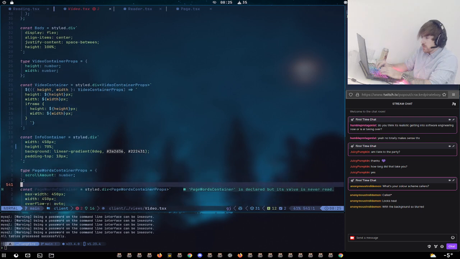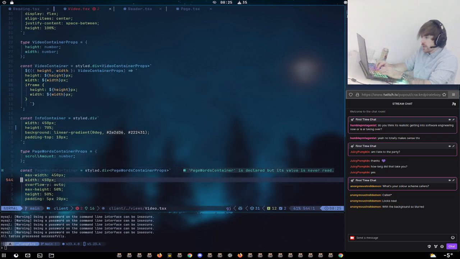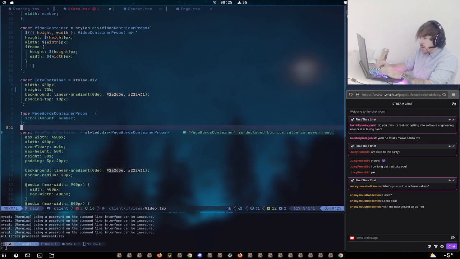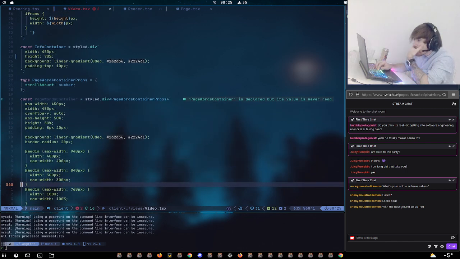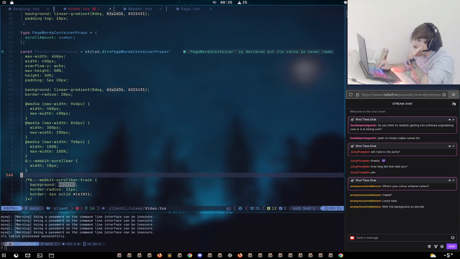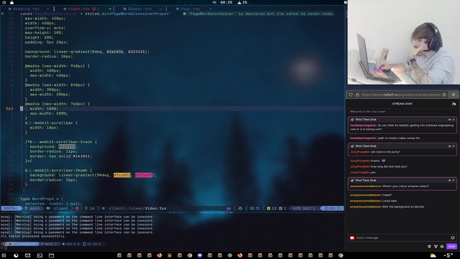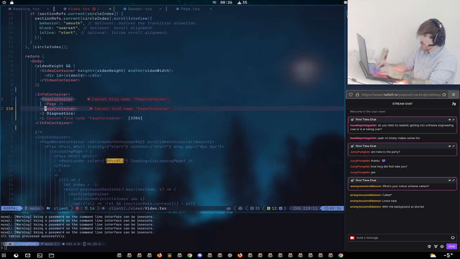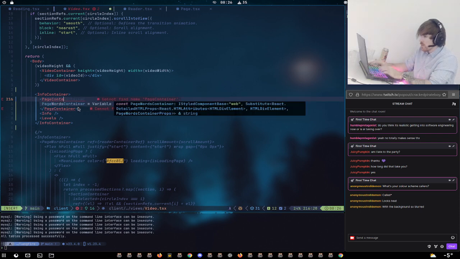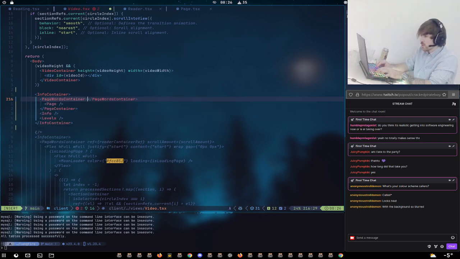So here, page words container prop. See, I've got this same sort of thing here. I think maybe this is it. What's the prop that it takes? Scroll amount. I bet that works from last time. Page words container.